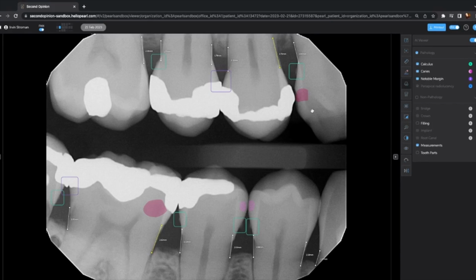However, we also have the ability to toggle the AI viewers off in the top right corner as well. Now, along the same lines as case presentation, of course, you can use the spacebar to enable or disable those AI findings. But as we're discussing the cavity with the patient,